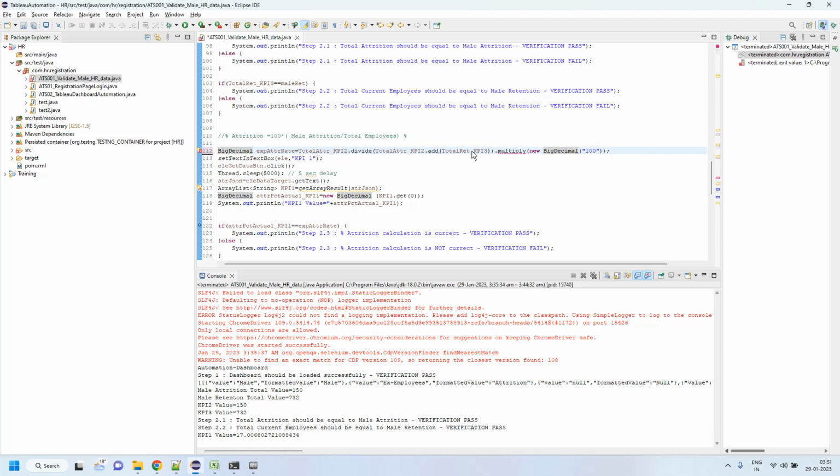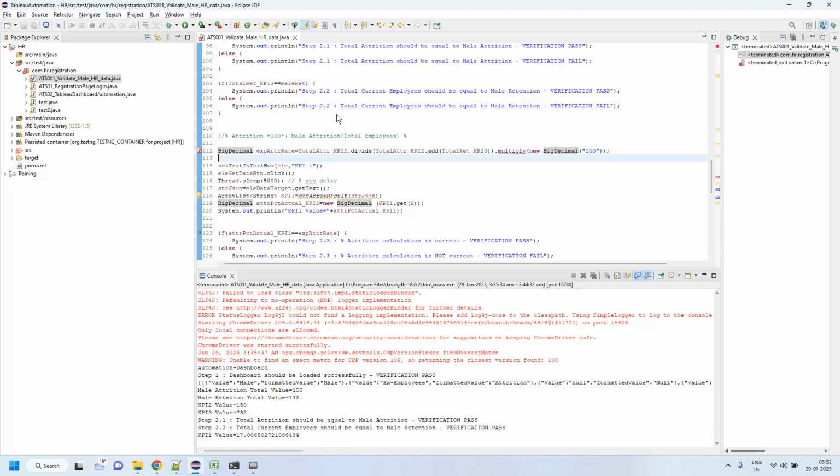Decimal 100, because everything is of big decimal. So let me write the exact function. We have to write it here, 2 divided by